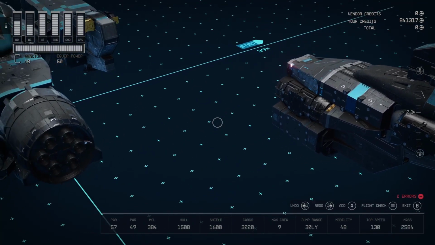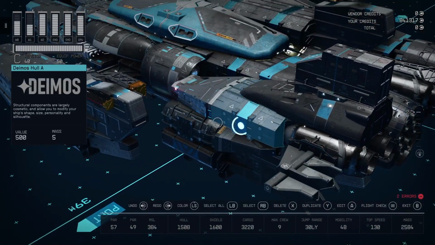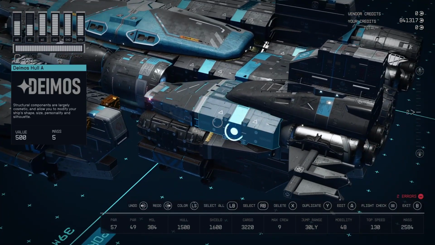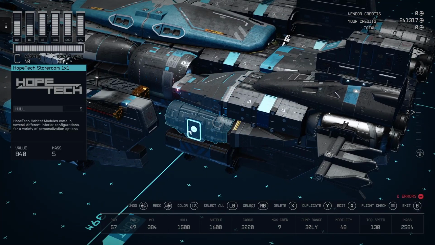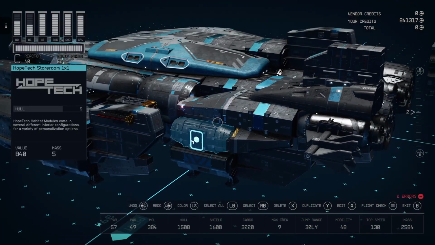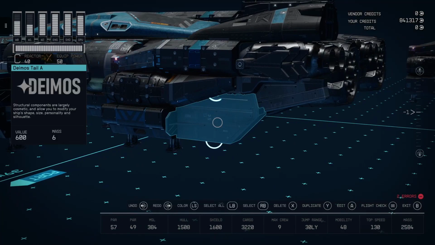So for it, we'll come back over here to this side since it's facing this way. You will need a Deimos Cowling 4, a Deimos hole, a couple of those because you're going to need to do the drop down glitch. Hab of your choice, storeroom or companionway. I just used a storeroom on both sides, make it feel like extra storage. You got your Acculander down the bottom, lights poking out on the side. You have your Deimos tail